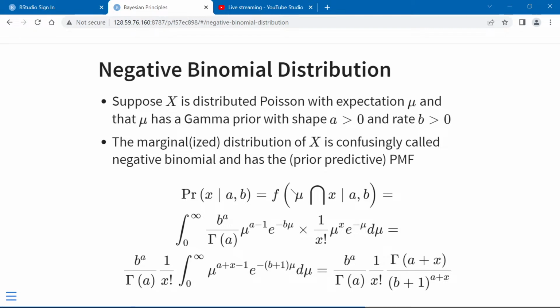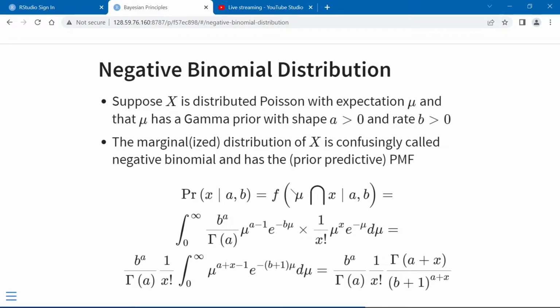So what's the probability of the count being x conditional on A and B, but not mu? Well, we form the joint density between mu and x, conditional on A and B, purge mu by integrating over it,